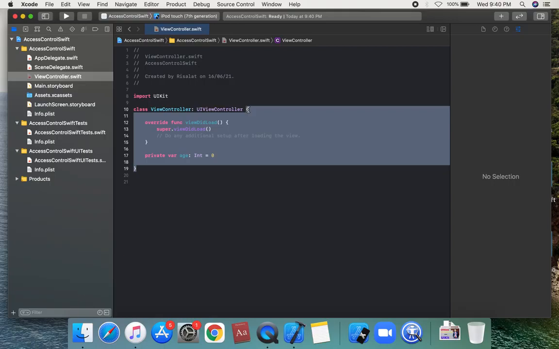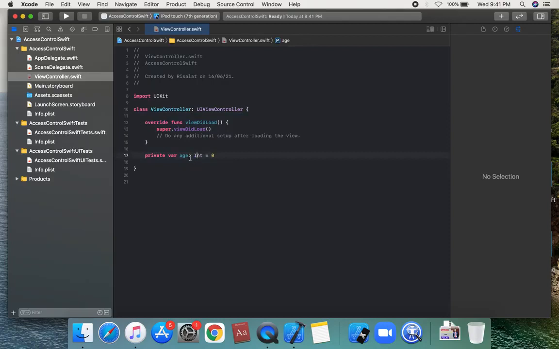And we're gonna create a function, which has the function name, suppose decreaseAge, which has no parameter and no return values.